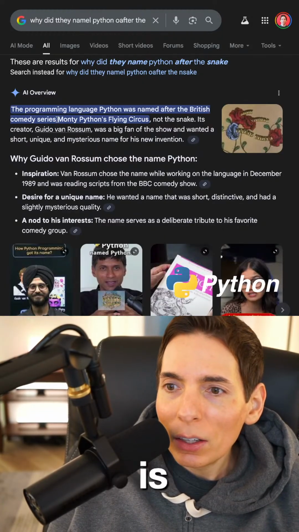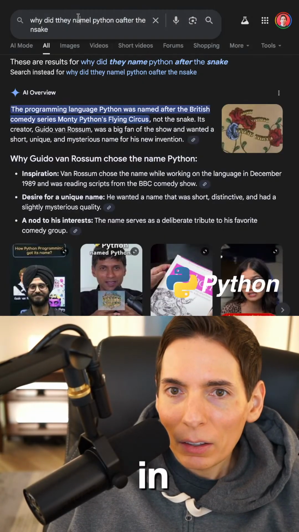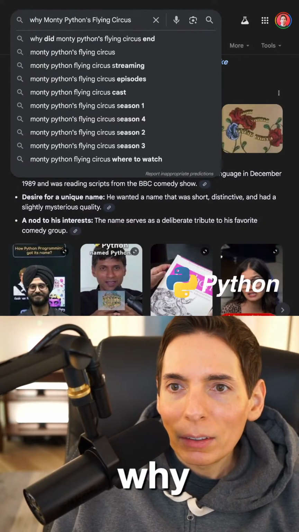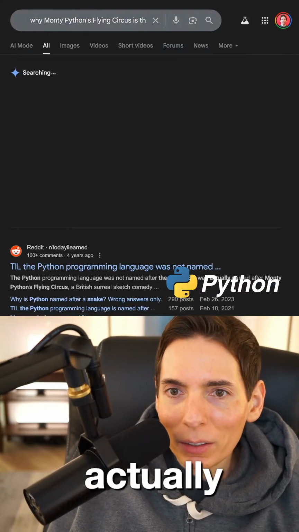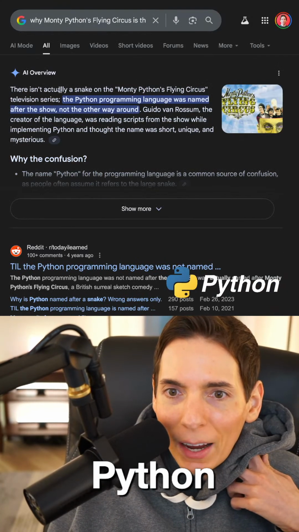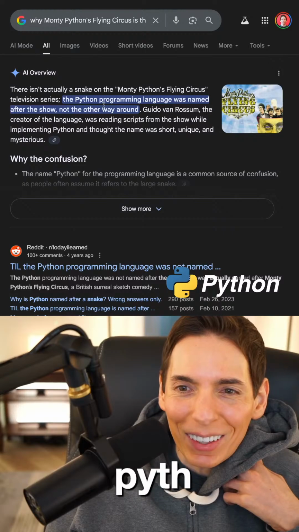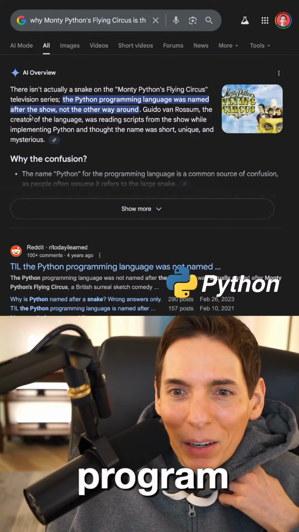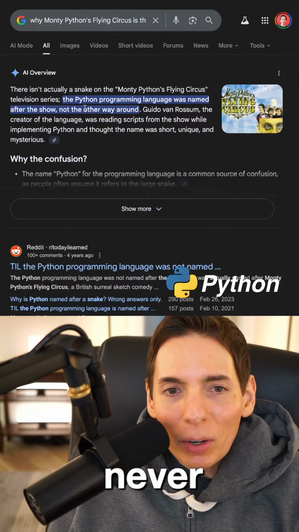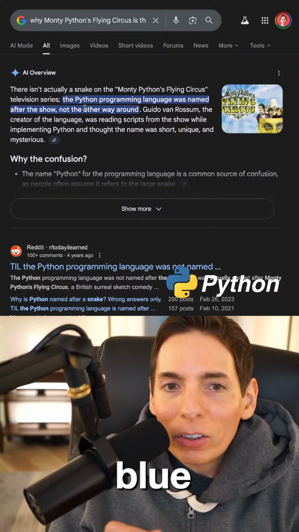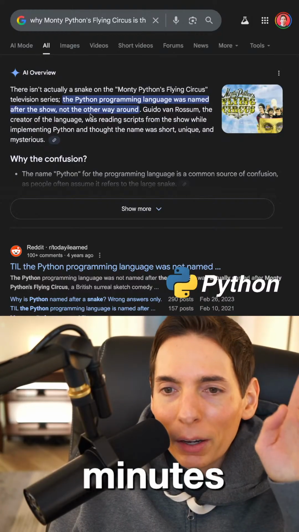But is there actually a snake in Monty Python? There isn't actually a snake in Monty Python, so there's nothing. The programming language is named after the show, not the other way around. This is crazy. I never would have thought that. Blue, hey, how's it going? I do have about 10 minutes left, and I got to get going here. But guess what? We're